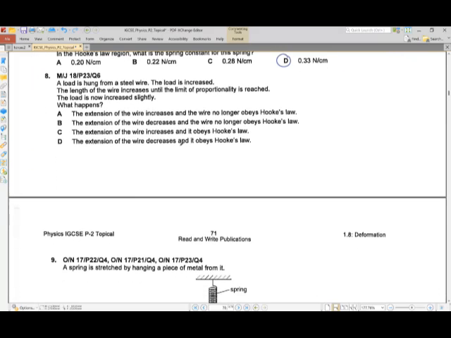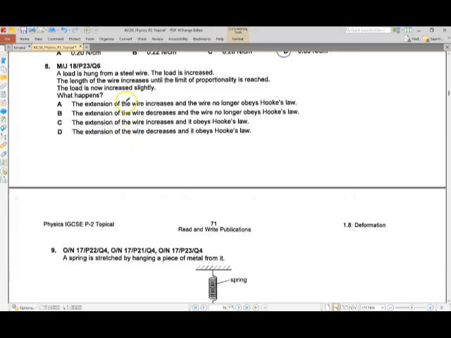Question number 8. A load is hung from a steel wire. The load is increased. The length of the wire increases until the limit of proportionality is reached. The load is now increased slightly. What happens? Okay. Now we know that Hooke's law states that the load, force, is directly proportional to the extension